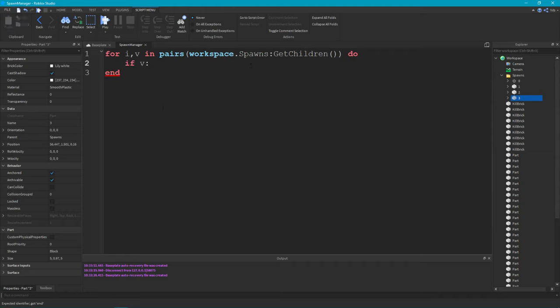So what we want to do is make sure it is a part. So if v is a part, then v.Touched:Connect(function(hit). What this does so far is check if v, the thing that we've selected, is a part. If it is a part, then when the player touches the part, okay, we need to check it's a player, by the way. So we want to do if hit.Parent:FindFirstChild